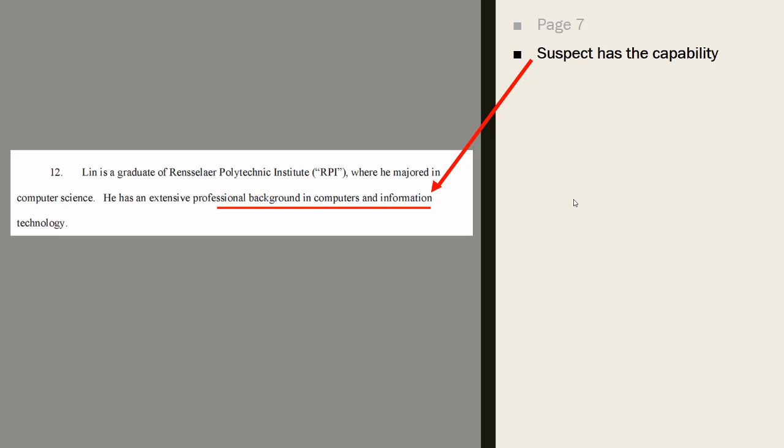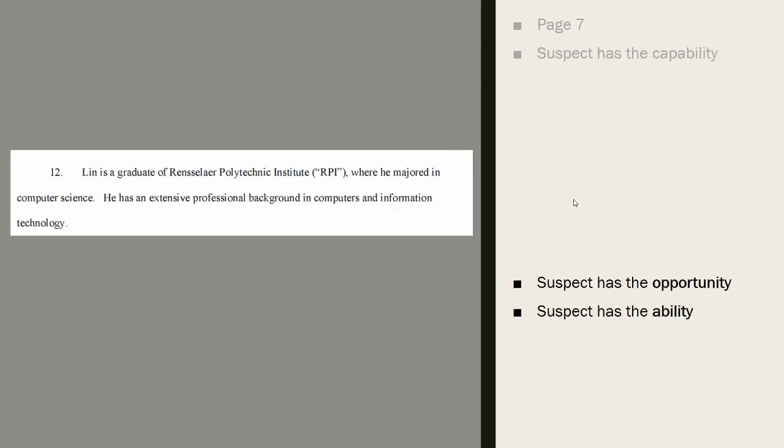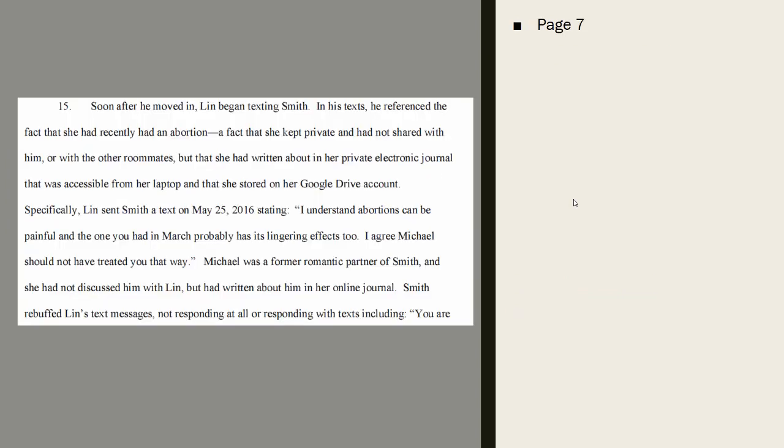So you can pretty much identify the suspect's background because you know who he is already. But in other cases, you may not know who the suspect is until after the fact, so this type of information wouldn't come until after you identify the suspect. Again, in this case, Lynn, the suspect, has opportunity and he has the ability. Opportunity because he lived in the same home as the victim, had access to the computer, there was no password protection, and the password document was on the computer as well.